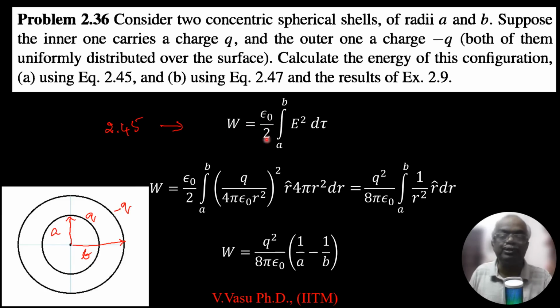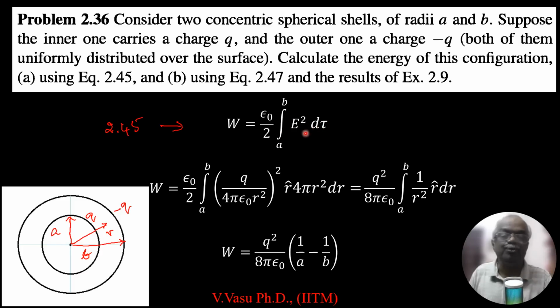W is equal to epsilon naught over 2, integral between a to b. You consider a Gaussian surface between a and b. Between a and b, it is enclosed by the charge plus Q. Remember that, and radius a. So we are taking the point under consideration at some random distance r from the origin. So now from this formula, energy is equal to epsilon naught divided by 2, integral of E squared